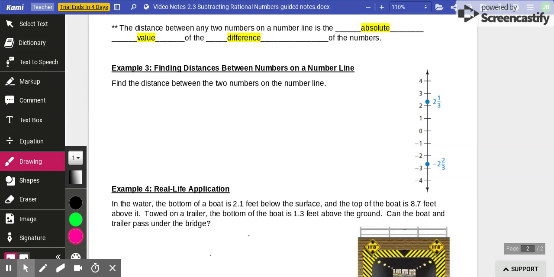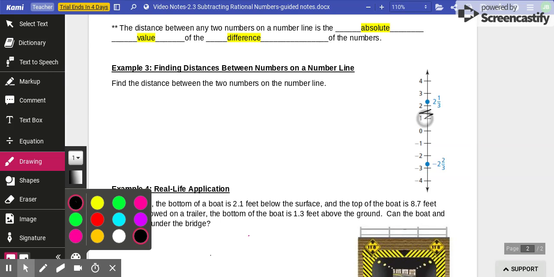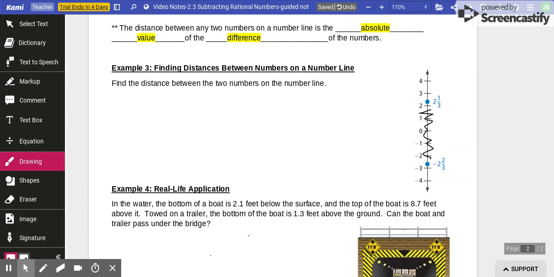So over here on the right, we have a vertical number line that we're working with. We're going to be finding the distance between those 2 numbers, okay, over here. So what we're going to do first is we are going to have to take the absolute values and we're going to find the difference between them. Okay, so we're looking for the difference just between those two values. So I have 2 1/3 minus a negative 2 2/3. So like before, we've been turning things into improper fractions. So I'm going to turn 2 1/3 into an improper fraction. It should be 7/3